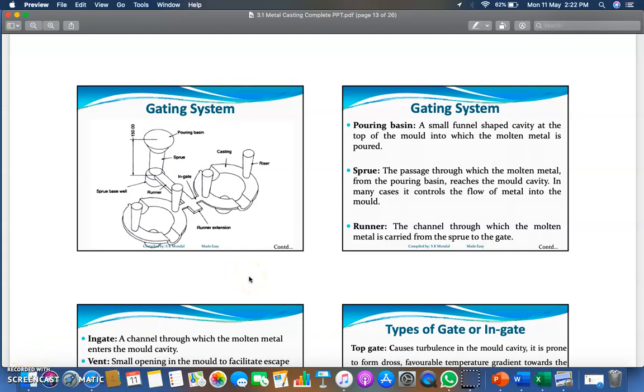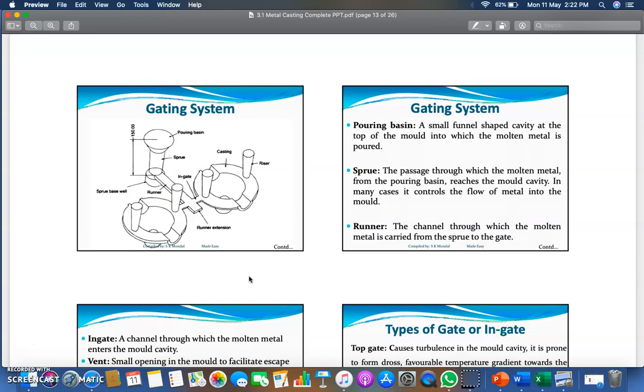In this series on casting technology or casting processes, we have studied in the previous sessions the basics of casting, what the different types of patterns are, what the essential qualities of a pattern are, and how we can select a molding sand, and what characteristics are required for the selection of molding sand. These topics we have covered in the previous sessions of our casting processes.